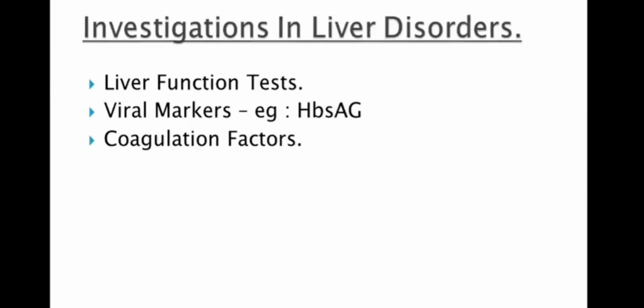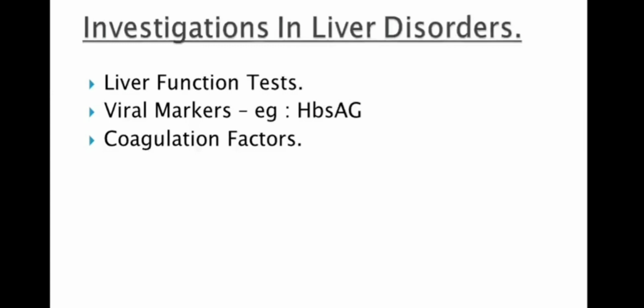Serum bilirubin, again, you should see whether it is direct or indirect. So total serum bilirubin is normally 0.8 to 1 or 1.2. Then how much the direct bilirubin is, and how much the indirect bilirubin is. So basically, it is an excretory function of the liver. If it is elevated, we can say